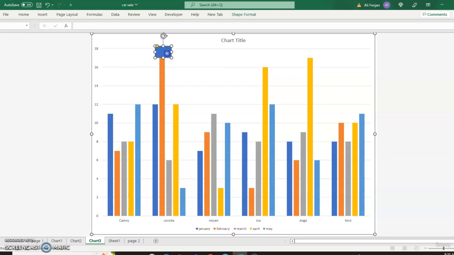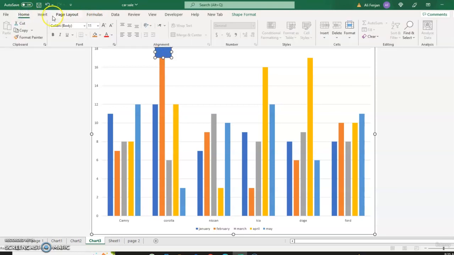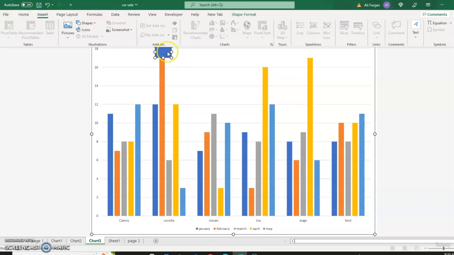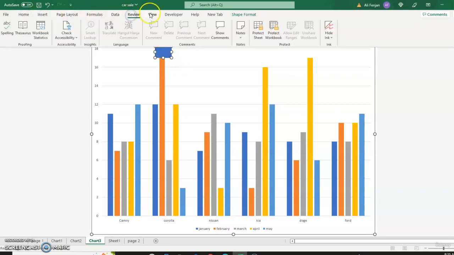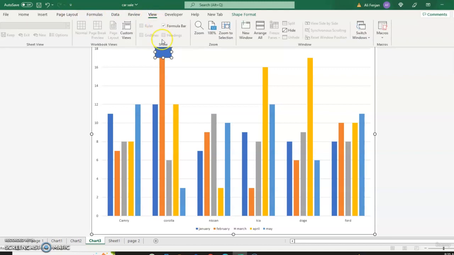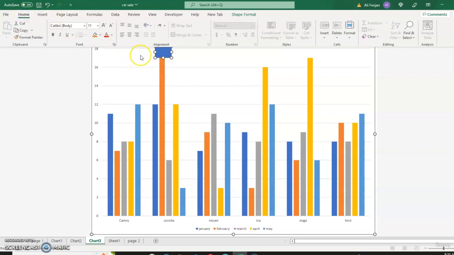Maybe when you write something here, you go to Home, and then Insert, and when you click on this one, you say the preview or the view of it, and then you write anything you want. Also, there are a lot of things you can do